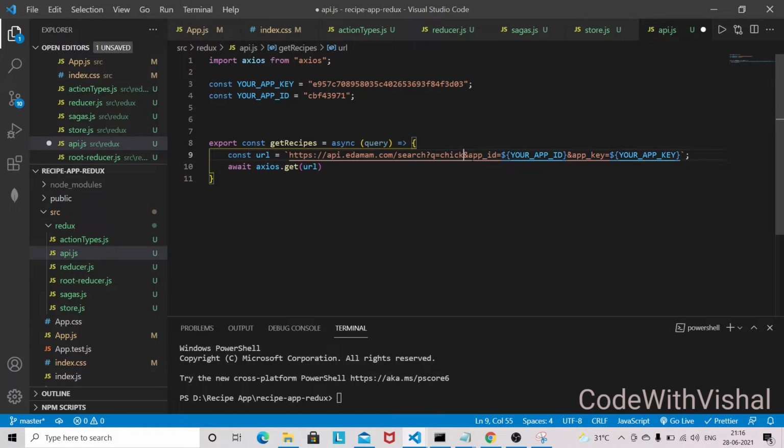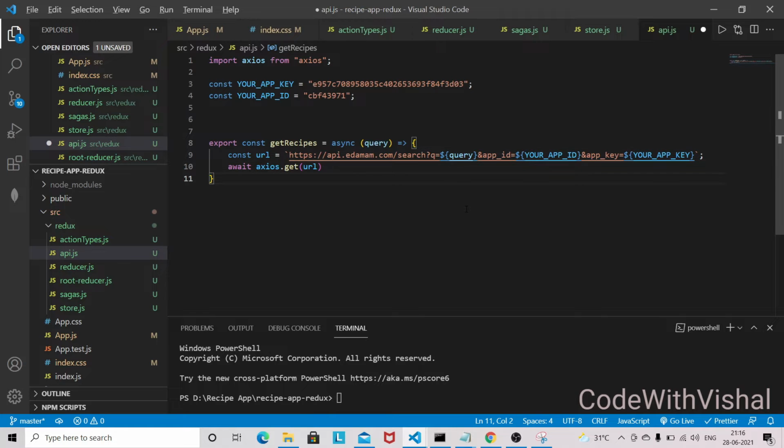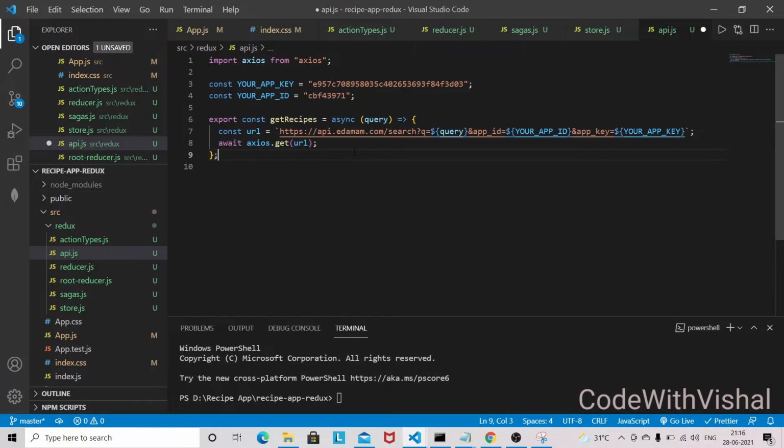Instead of chicken, it will be a query. So let's put it into a template literal. So that's it for the API setup. So we are done with the API setup.